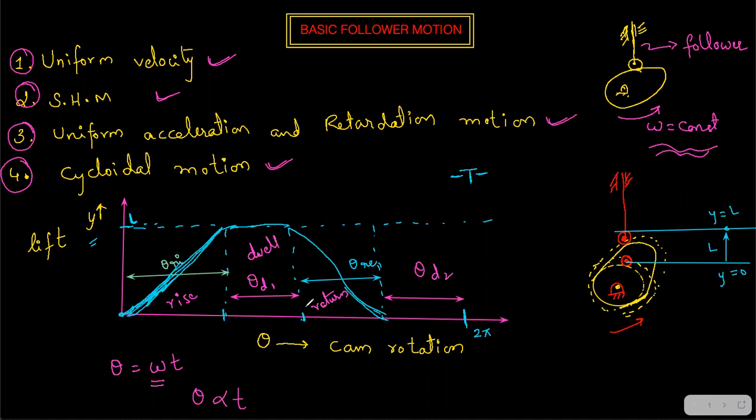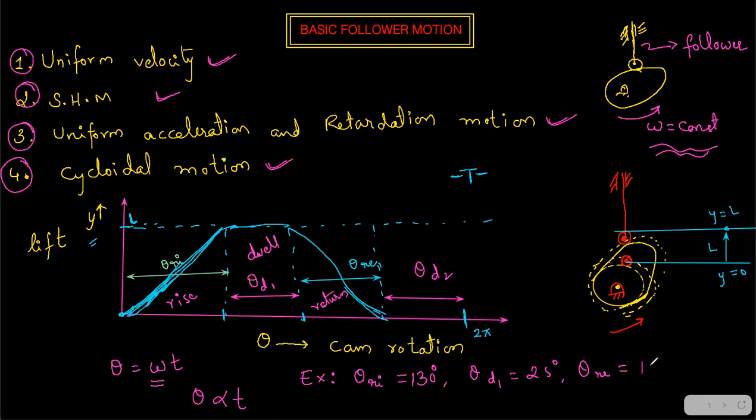Actually, in the valve timing diagram you study that for so much amount of time it should be open. It means whatever theta you mention there, with some constant, it will vary. For example, I'm giving you an example. If I say that in the valve timing diagram theta rise is for 30 degrees, theta dwell is for 25 degrees, theta return, let's take this 130 degrees first, because 360 degrees need to be completed, right?